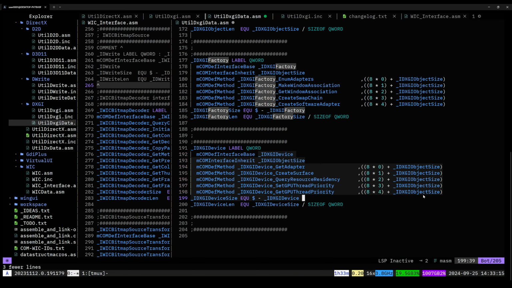It doesn't affect any of these methods, but if something were to inherit from IDXGI device, this would come into play, because if this wasn't used here, the